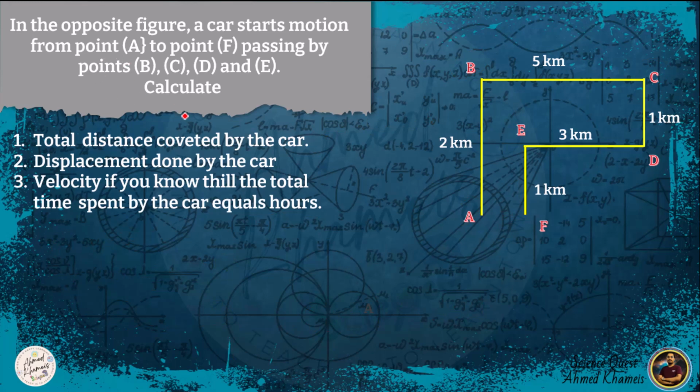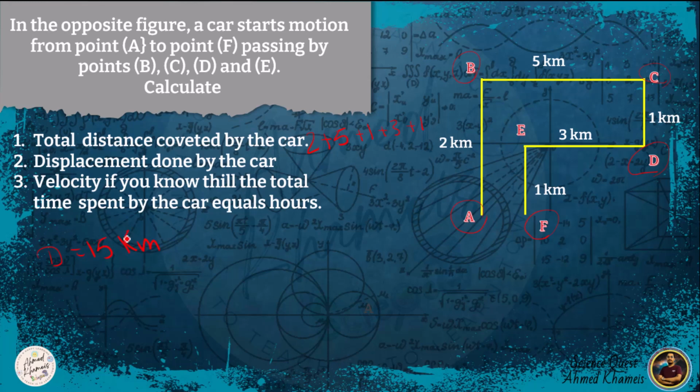In the opposite figure, a car starts motion from A to B, then from B to C, then from C to D, from D to E, and then finishes at point F. Calculate the total distance. So we take the length of the whole route: 2 kilometers from A to B, 5 kilometers from B to C, 1 kilometer from C to D, 3 kilometers from D to E, and 1 kilometer from E to F. So the distance equals 15